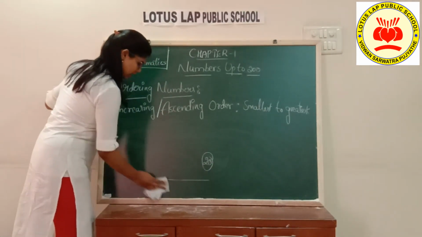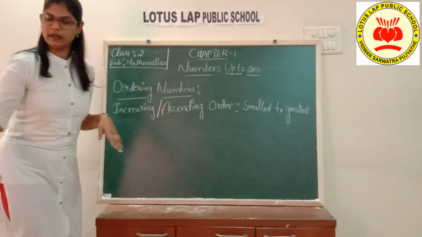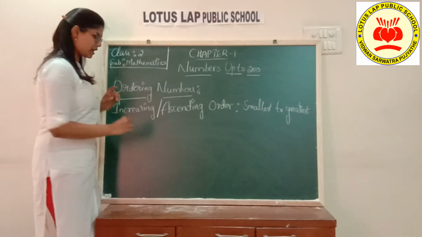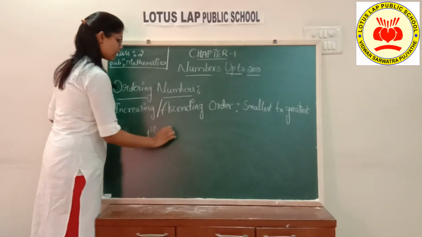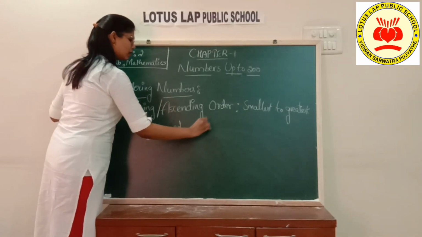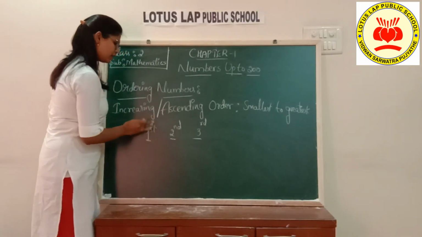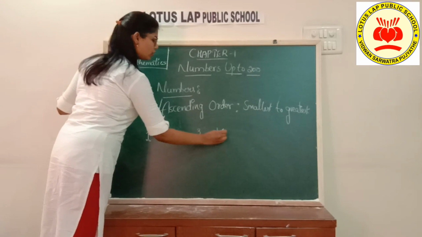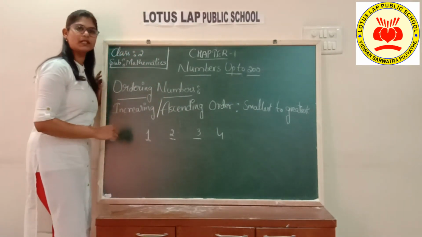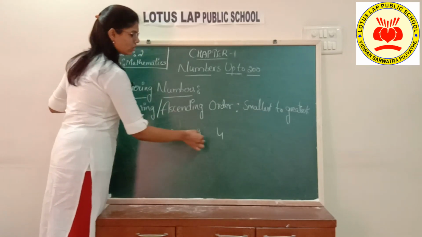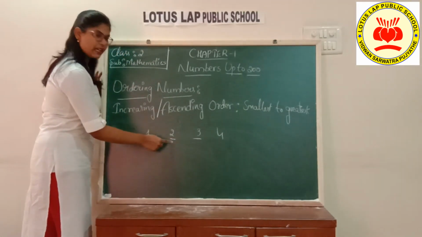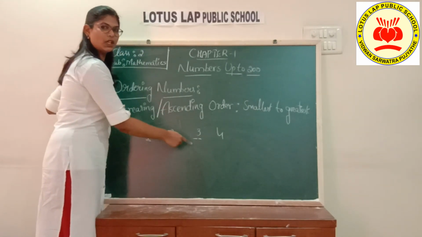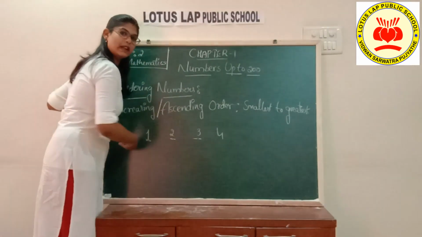Suppose in your class you will be getting ranks. Okay, you will get ranks. Teacher, I got first rank, second rank, third rank. Here what is happening? Suppose you take roll numbers 1, 2, 3, 4, like this. You will be having roll numbers. Okay, is the number increasing or decreasing? Here 2 is increased by 1. Here 3 is increased by 1 from the 2. Okay, then here the numbers are increasing.